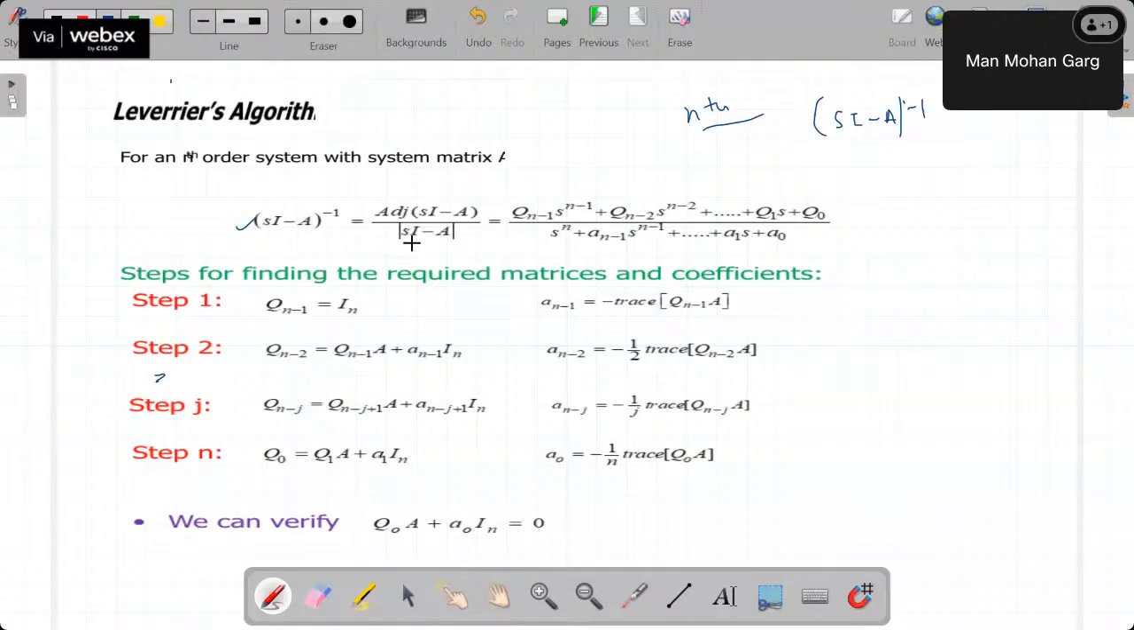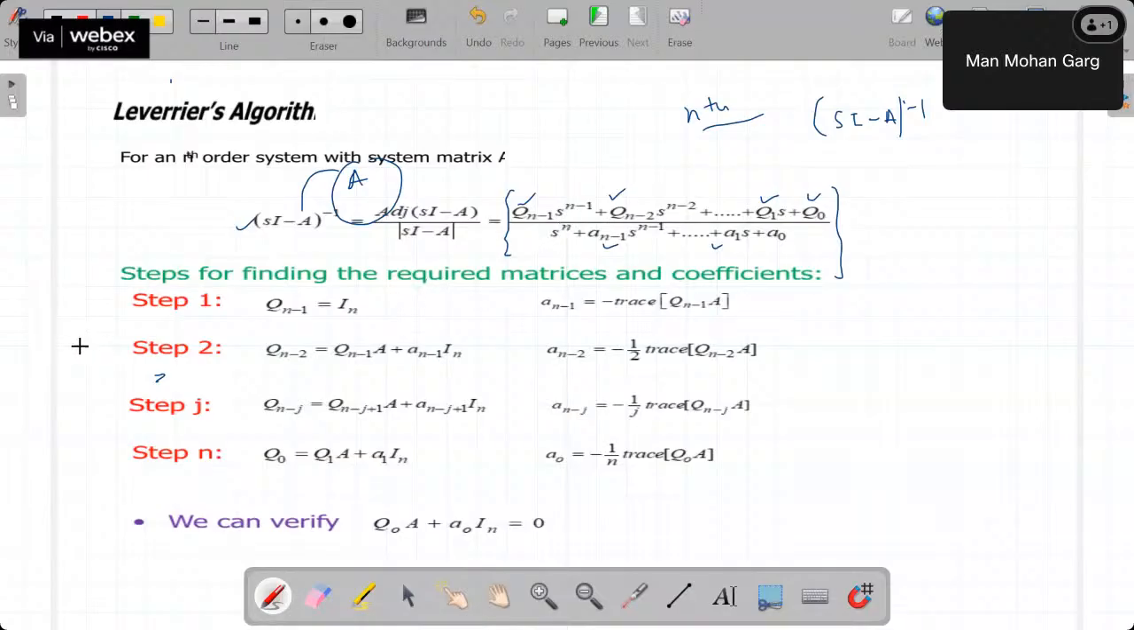The alternative way is that we know the system matrix A. Now, if the system matrix is known, then we can write this Si minus A inverse in this way. And I told you that Si minus A inverse is the resolvent matrix. Now, how to get these different coefficients used here: Qn minus 1, Qn minus 2, Q1, Q naught, An minus 1? For obtaining these Q matrices and A coefficients,